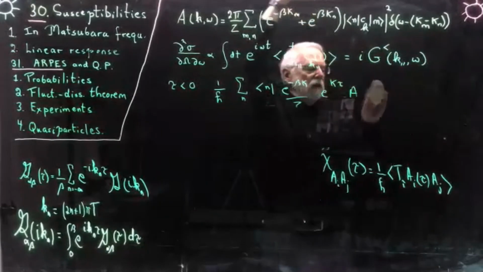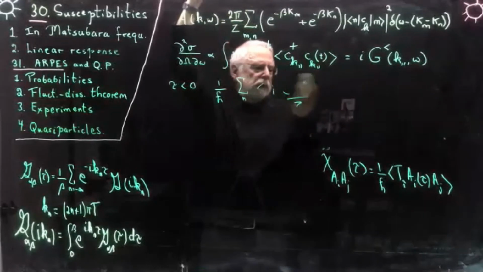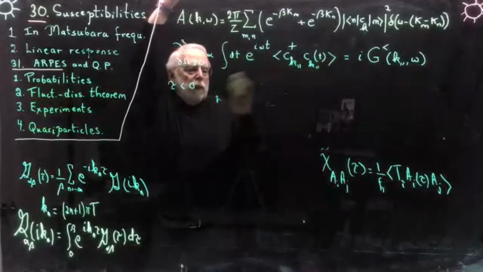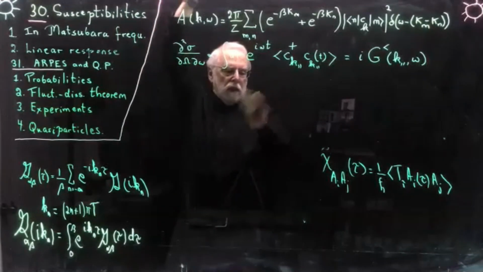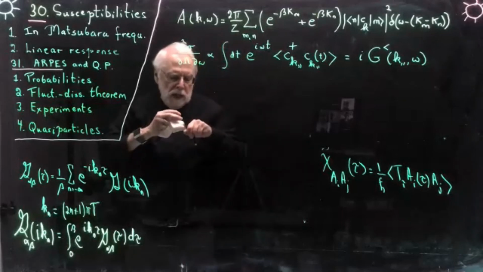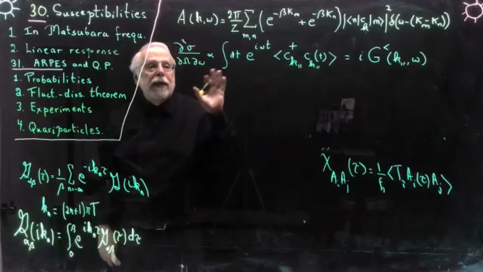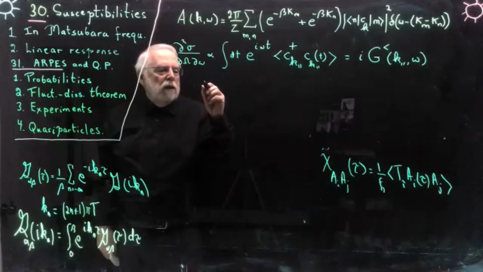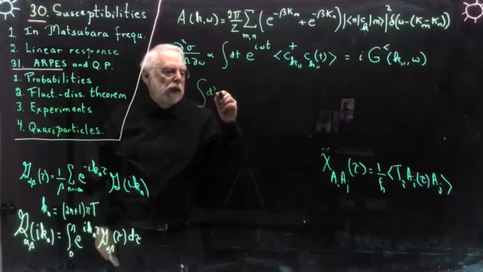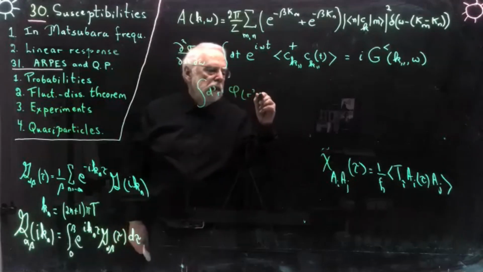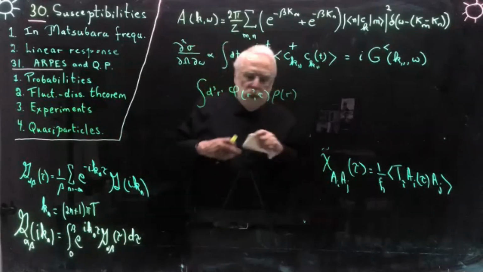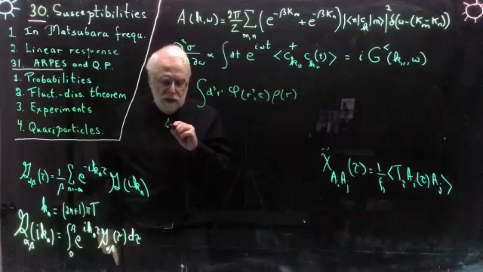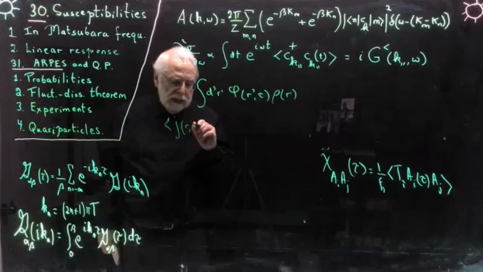Okay. Now, what happens to linear response theory in this context? Suppose that, so I'm going to this part here, linear response. Suppose that I have an external, just a scalar potential, okay? So the scalar potential couples to matter like this: integral d cubed r prime, phi of r prime tau times rho of r prime. So now what I do to evaluate, for example, the current at point r and at time tau